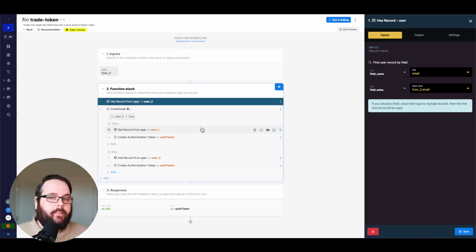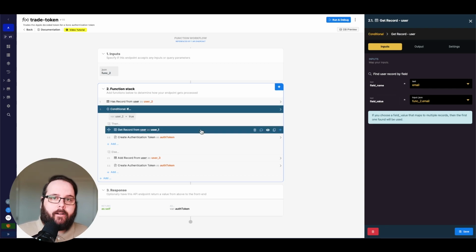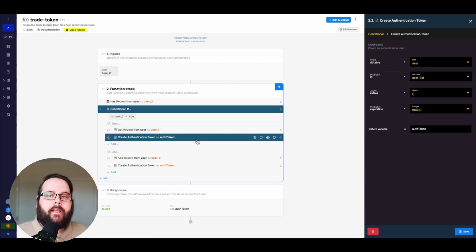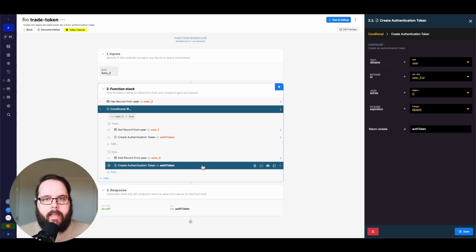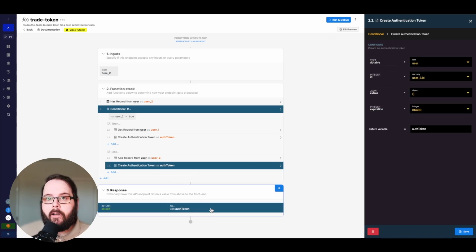If the record does exist, then we're getting that user record, and then we are generating a Xano authentication token for them. If the user record does not exist, then we are adding a record to the user table using the email provided from Apple, and then we're generating an authentication token, and then we are returning that authentication token. Now this user has traded their Apple account for a user account in Xano and can make authenticated requests against